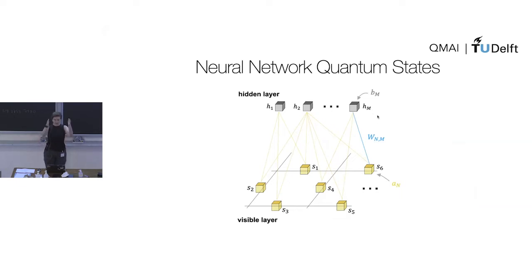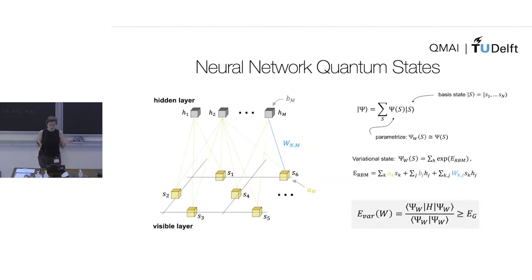The beauty of this simple model is that the hidden layer is really just learning to replicate the probability distribution of the visible layer. So what we really do here is that these coefficients of your wave function, you parameterize them by the exponential of the energy. That's an expression that comes from statistical physics, where your energy is a function of your weights and biases in a neural network. After you've done this, you just need to use something called the variational principle that tells you that the